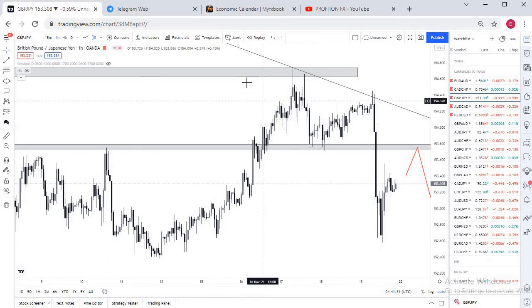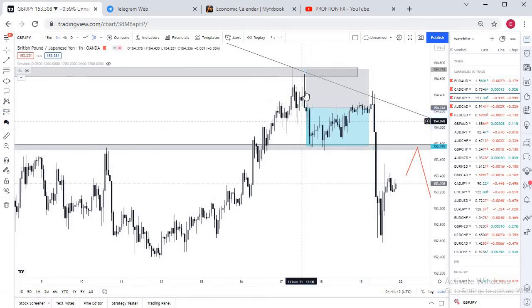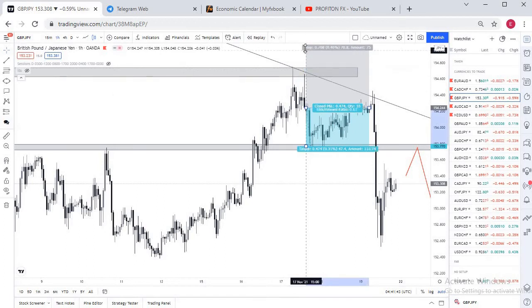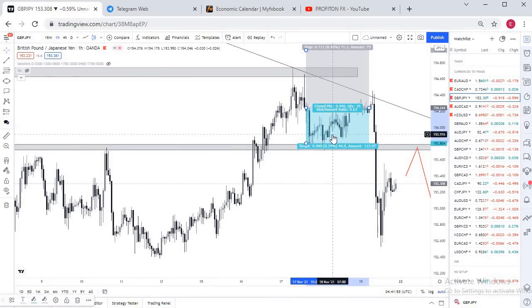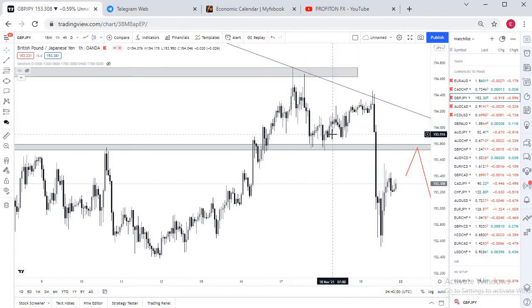And again, the risk reward ratio is not that good because my stop loss was roughly close to 70 pips. If I had taken the trade off of this second rejection here, my stop loss would have been around 70 pips. And then, of course, there is a level here, which I was not certain if price was going to break. So this was not a very conducive trade for me.